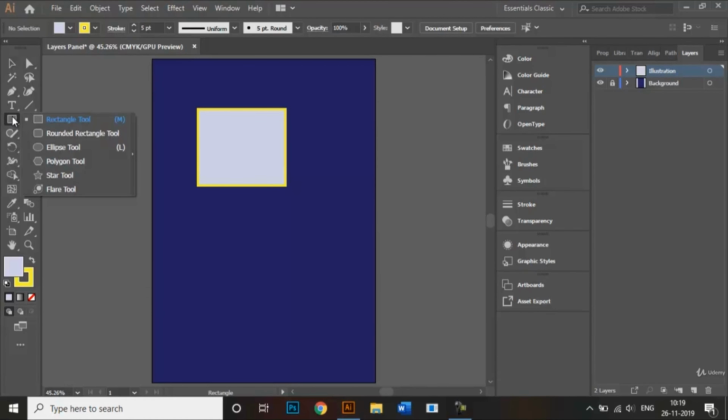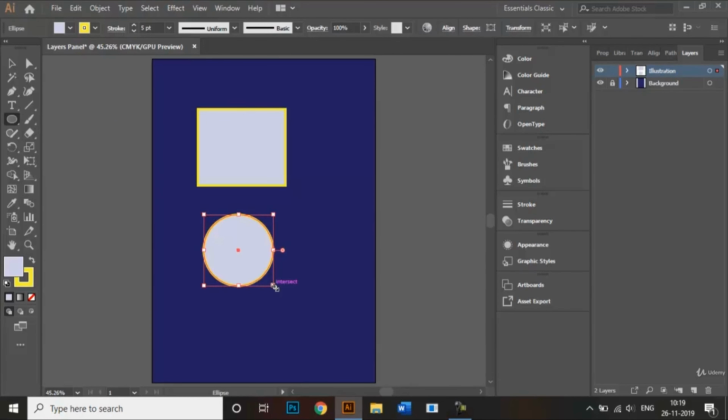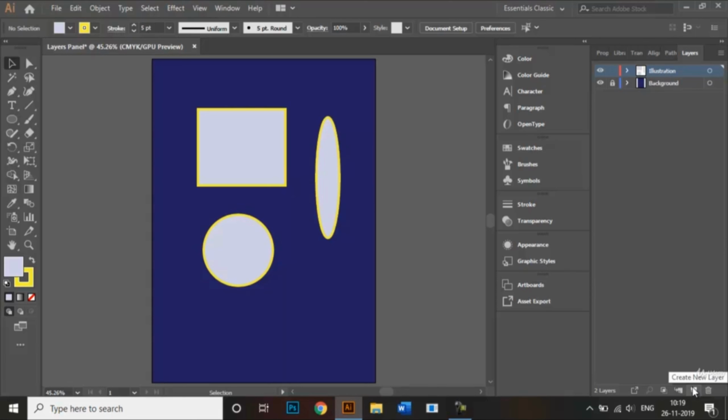So we can continue making our illustrations by using the shapes, right? So we can do it like this, or make ellipses like that, and so on, right? So this is how you can use different layers to make your illustrations. Further, if you want, you can also add text in the same layer as well, or you can go a little bit further and make a new layer, and let's name this new layer